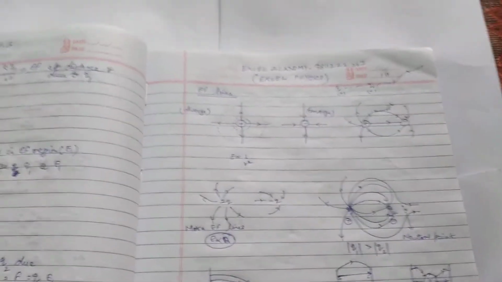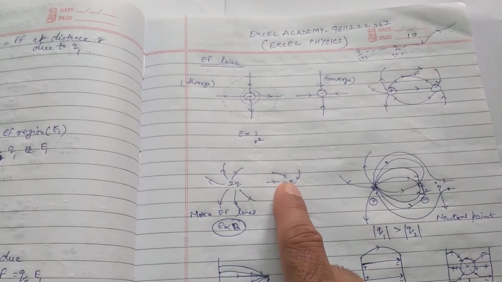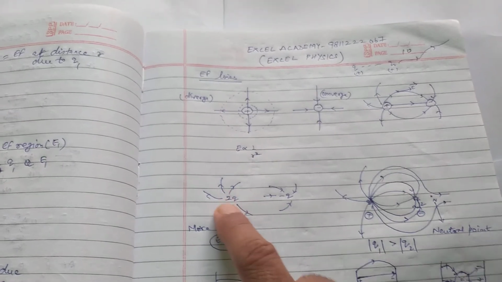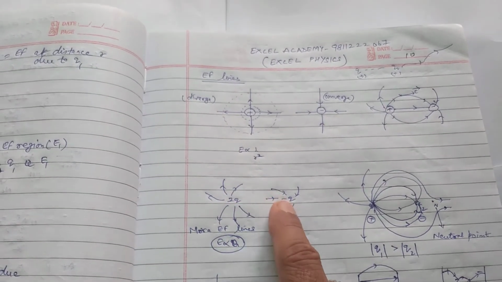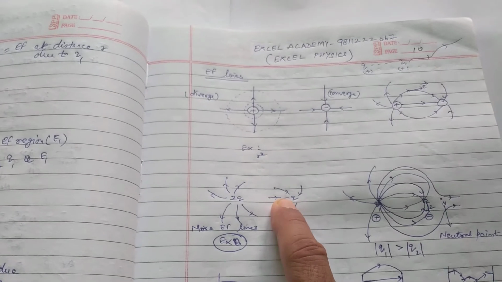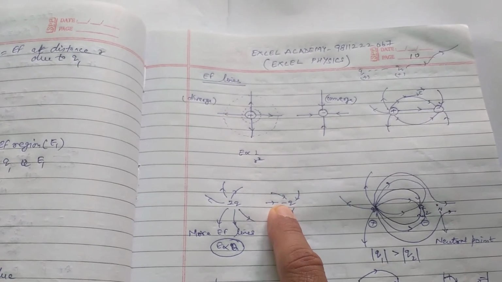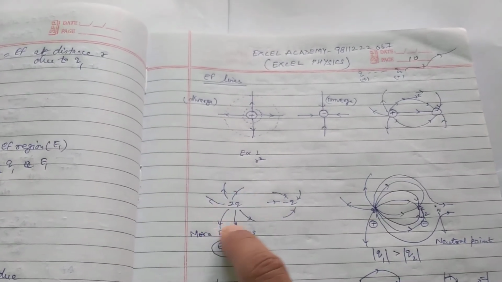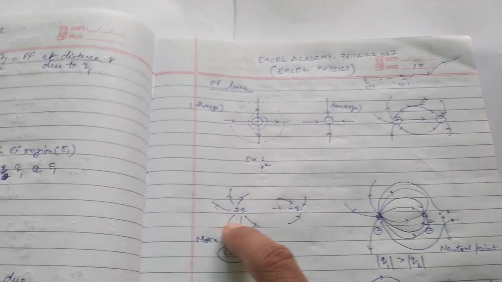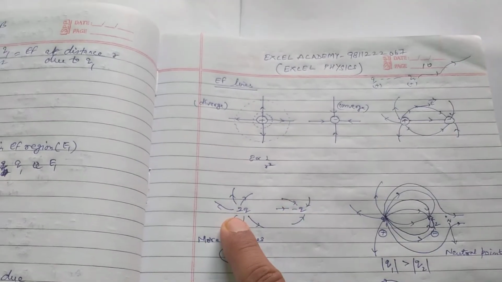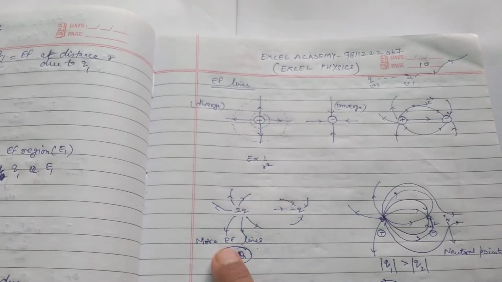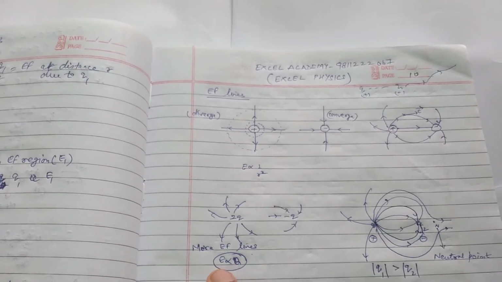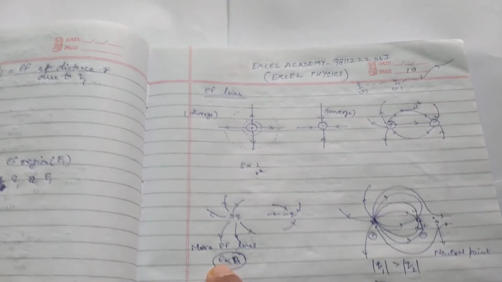Now I am thinking the other way around. This is 2q charge, this is minus q charge. This charge is of large magnitude because this is twice of q, and this is q only. This negative indicates the nature of the charge. So this value is larger, therefore the number of electric field lines shown is more than this, double of that you can say. So it means that the number of electric field lines is proportional to charge. If the magnitude of charge is more, the number of electric field lines will be more.